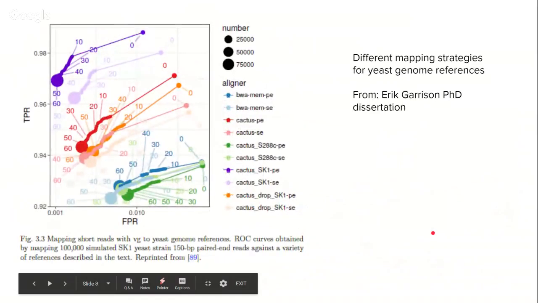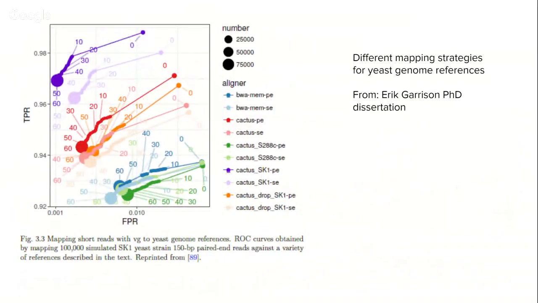Now, if we construct these graph-based approaches and then we map short Illumina or BGI-MGI reads into it, which method does better? Which method does a better job at mapping these reads correctly? For example, aligners like bwa-mem, in either paired-end or single-end mode, use a linear reference of the human genome. Do they do better than methods that align reads to a graph-based approach? Well, this is an initial